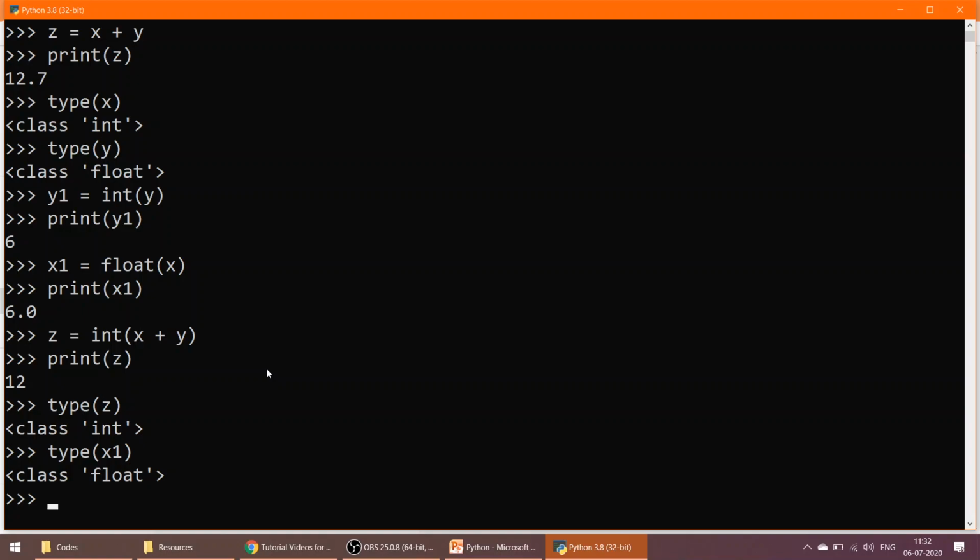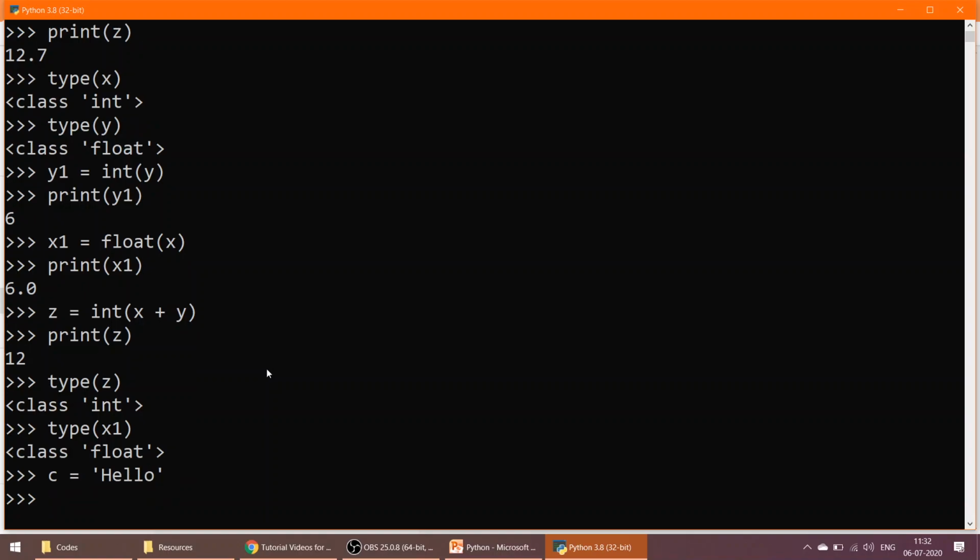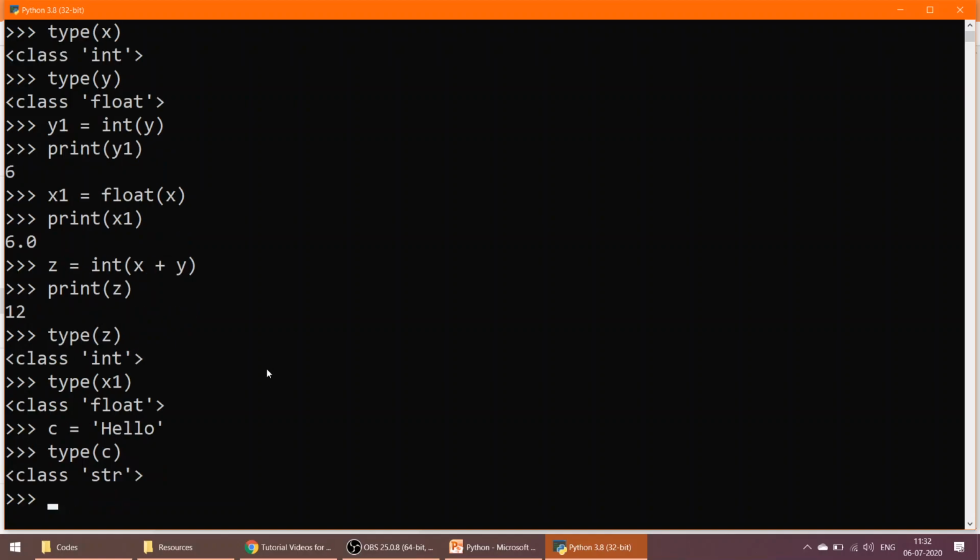Another thing, just check, suppose c is another variable I am taking, and within that I will be passing a string. Suppose the string is hello, right? So now I am doing type of c. The type is string, str. Now just try c1 is equal to int of c.